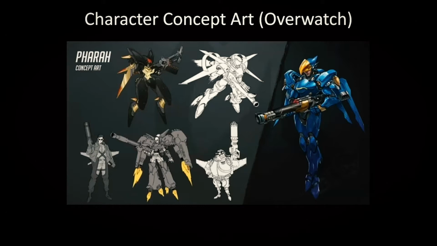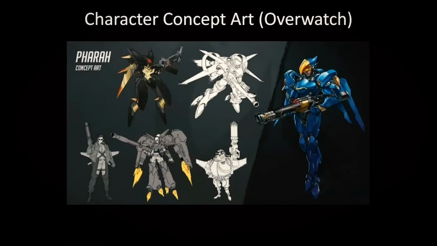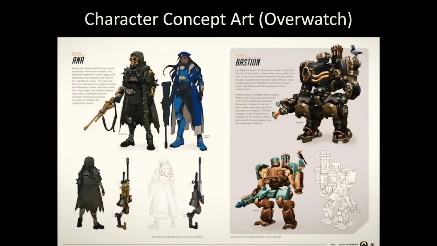You don't just draw one drawing and then the game designer and the producers and everybody, the lead artist says, great, that's it, that drawing is perfect. Usually it takes lots of drawings, lots of iterations, lots of different takes on the same idea before you can really nail down what is best for that particular asset. So this is an example of Overwatch. The next slide is another example of some Overwatch characters. Many people are familiar with Ana and Bastion. I mean, these are really cool characters within the game.